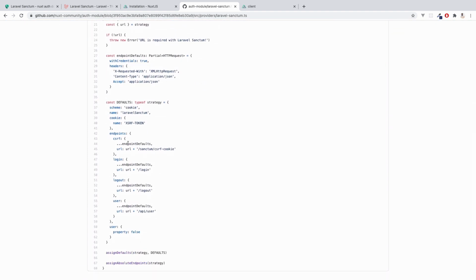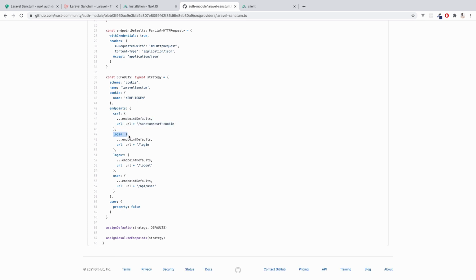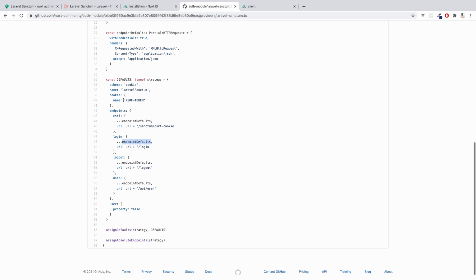So the strategy is here. It's called Laravel Sanctum. And we do have some endpoints which we need to configure, but these are the default values that come with it. So we have endpoints for the cross-site request forgery, which is the Sanctum CSRF cookie, and we are not changing this, but we need to set the login, logout, and the user credentials. All we need to set in here are the URL values because we already have some defaults,